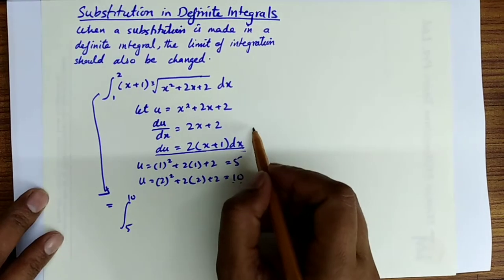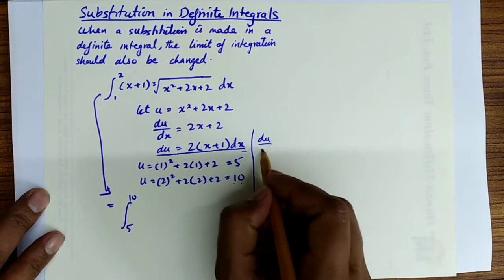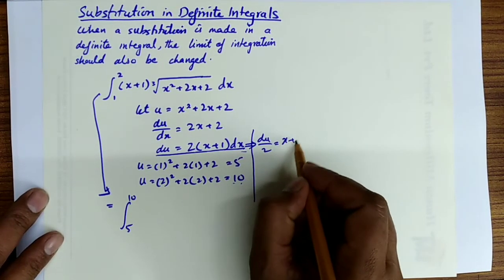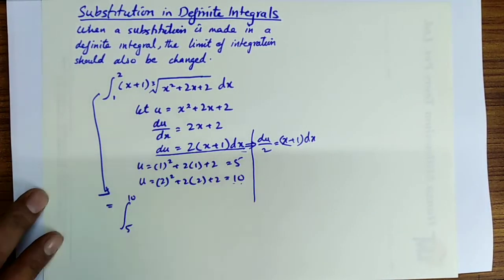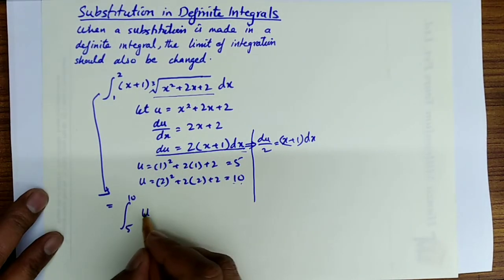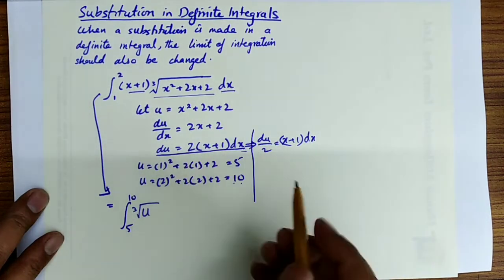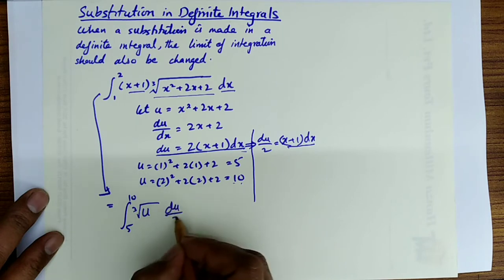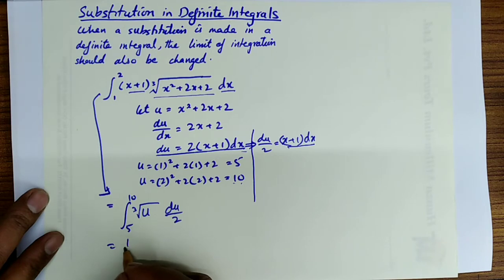So let's take a bit change here. du upon 2, that is, this gives x plus 1 dx. So in place of this part, I'm going to write u, and in place of this x plus 1 dx, I'm going to write du upon 2. Okay, now take this 1 upon 2 outside,